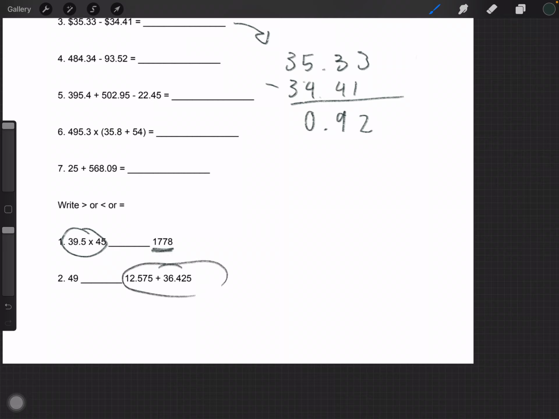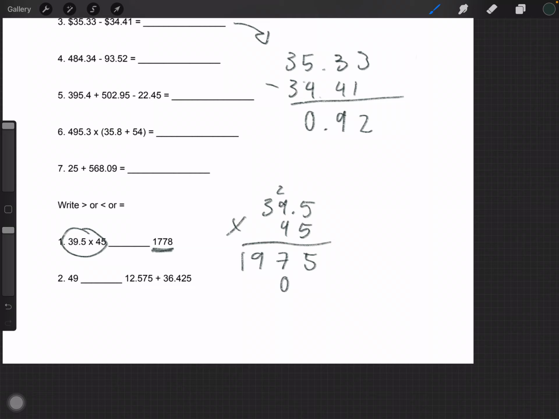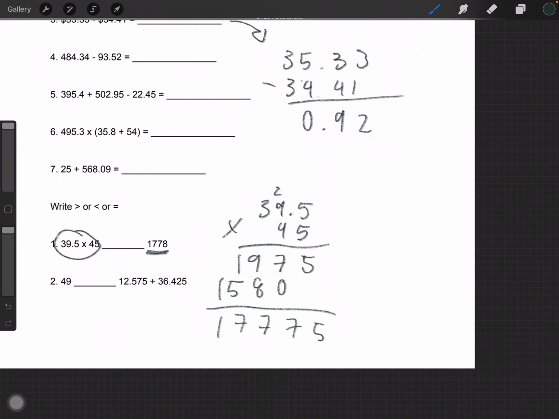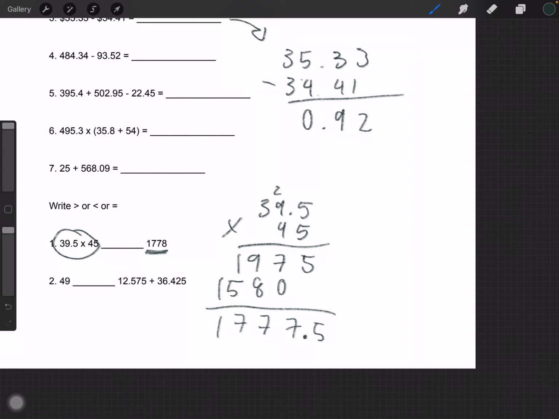Same thing goes here. So let's try number 1 down here. It says 39.5 multiplied by 45. When you multiply, you don't need to line the decimals up. 4 and then 19. 4 times 5 equals 20. 38. 7. And then you see there's 1 decimal point in the tenths, and so you put it down here as well. So 1777.5 is less than